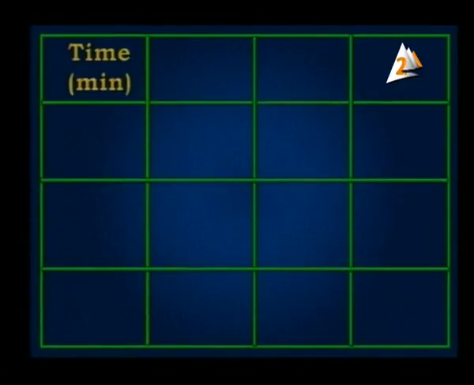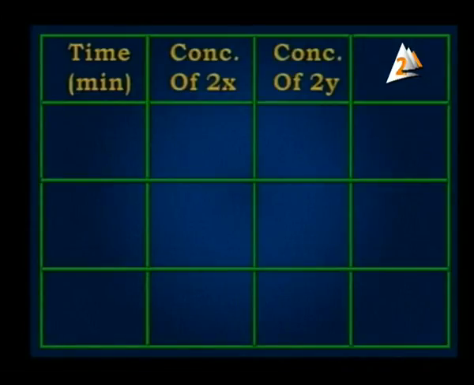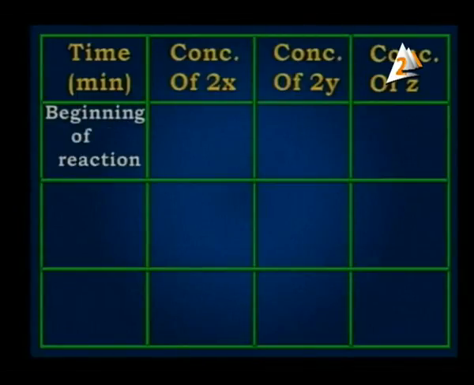Let's go to see the other part here. We have time per minute. It is the illustration of this equation, or this reaction, in a table here: concentration of 2x, concentration of 2y, and concentration of z. We study this during time. The first one is at the beginning of the chemical reaction. Concentration of 2x is 100%. Concentration of 2y is 0%. And the concentration of z is also 0. Why? Because both of them are 0%, because they are the products and at the beginning of the chemical reaction